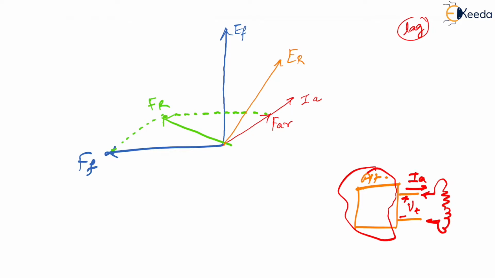So if you see, when IA is flowing, what happens is your internally induced voltage is now not EF but it is ER. Is that right? Why? Because of this IA, I have got this flux FAR. Because of this FAR, I have got this FR. Resultant FR means FAR plus FF is nothing but FR. And now for that FR, I have got this ER. I hope you are understanding my sequence, correct?